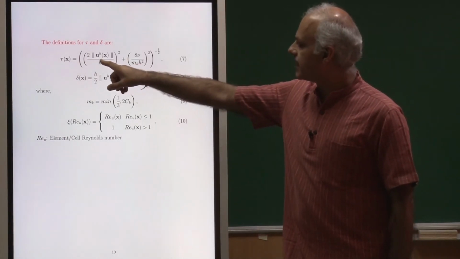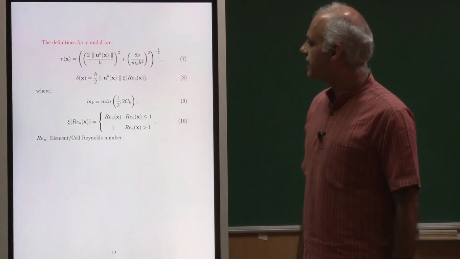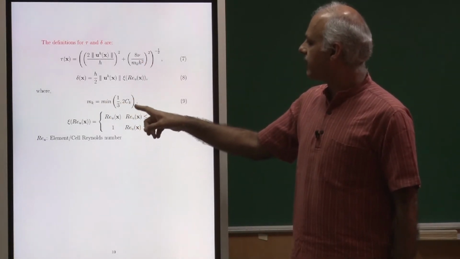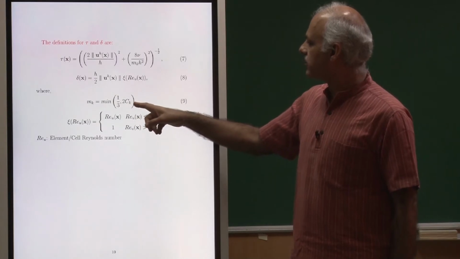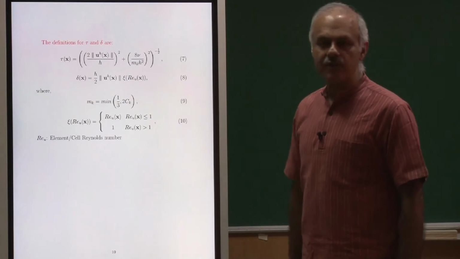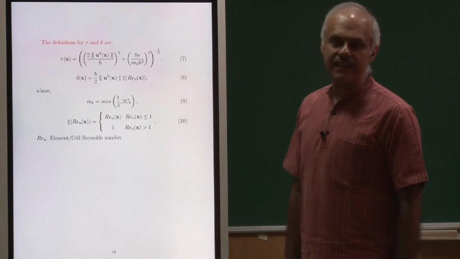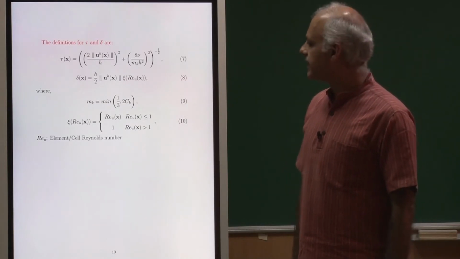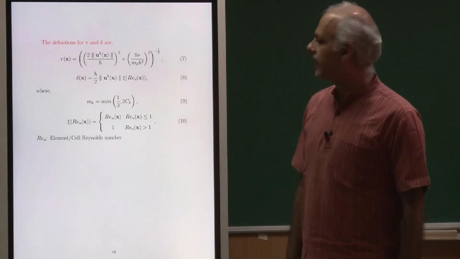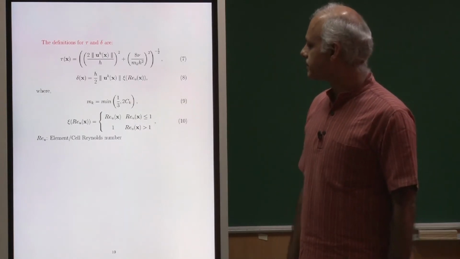This is the advection limit, this here is the diffusion limit, and mk is a coefficient which is defined as 1/3 times twice of Ck. It suffices to say that Ck is some kind of a constant, and for the linear or bilinear elements that we have been using in this course, the minimum would always be 1/3, so one can simply use that. But when you go to higher order elements, then of course this becomes important.